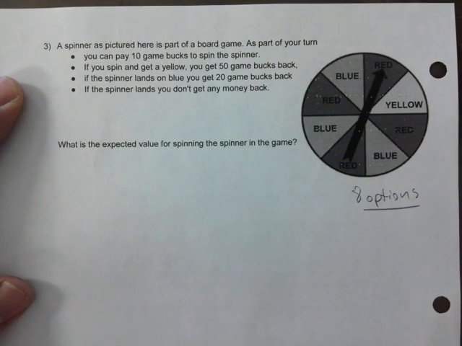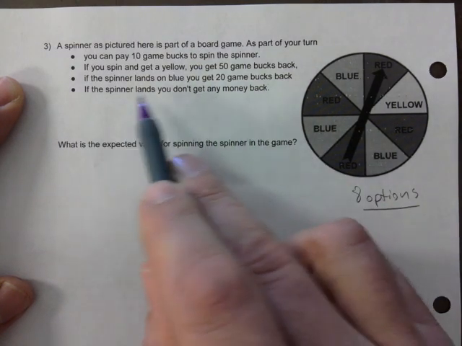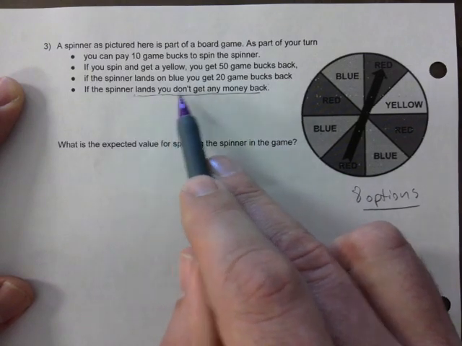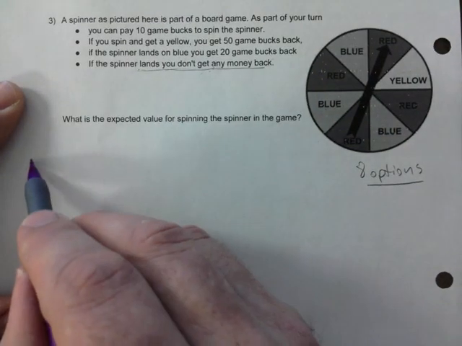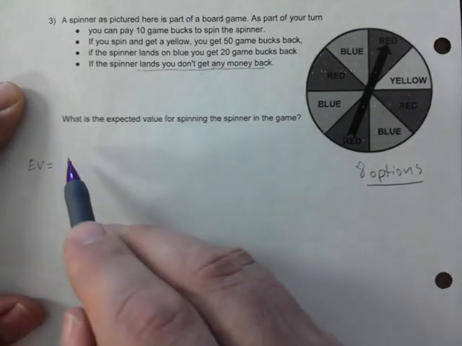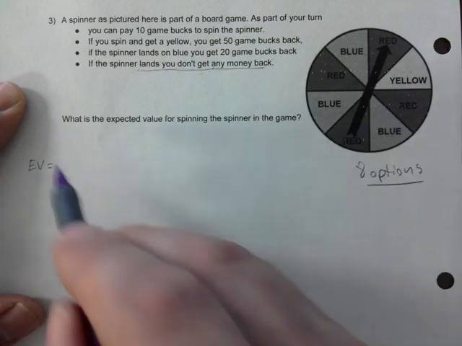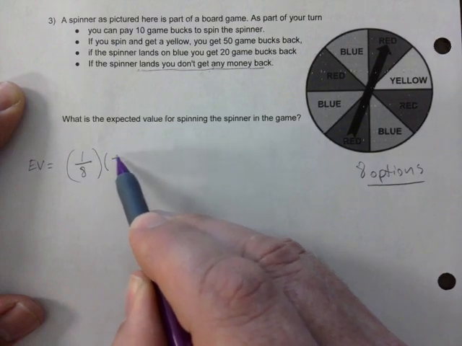If you spin yellow, you get $50. If it lands on blue, you get 20. But if it lands anywhere else, you don't get anything. That's what that was supposed to say. So here we go. Expected value. Probability of the first prize would be yellow. So there's one yellow section out of 8. And you would have 50